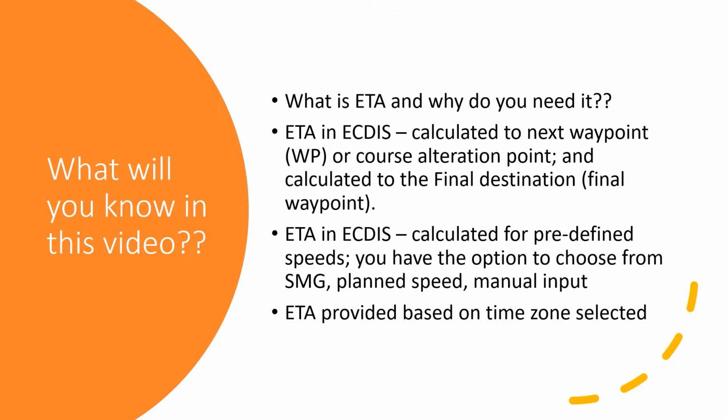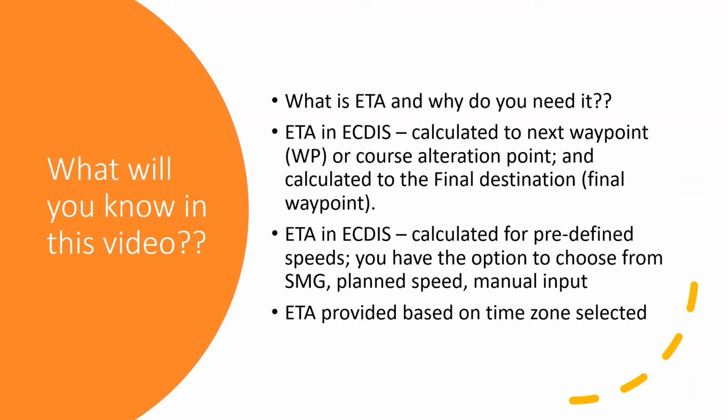The ETA that you will get will be based on the time zone that you have selected. So it is based on the time zone currently being used and the time zone that you have input for the final port of arrival. As you go from one port to the other, especially if they are distant from each other, the time zone changes. As you probably know, if you are going from, let's say, Australia to India, the time zone in Australia differs from the time zone in India. Sometimes it's 4.5 hours, sometimes it's 5.5 hours. So as you transit the longitudes, as you go through the different waypoints, you have to keep your time zone updated as well. So the final destination ETA you will get based on the time zone that you have input in the ECDIS at that moment.